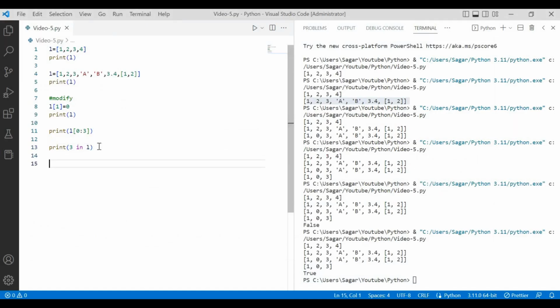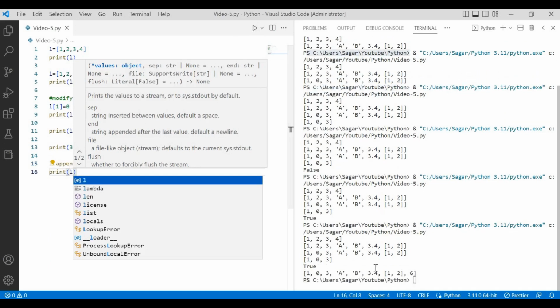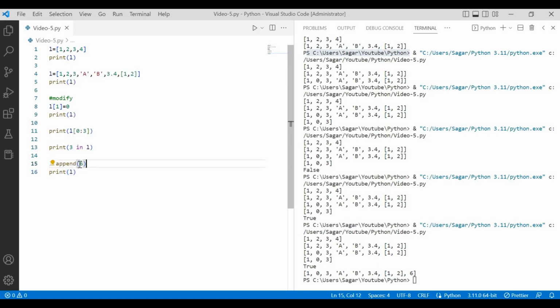Cool. Then we have adding items to a list, right? So we can add like this, L.append, and here I can write 6. Now let me print it also. You can see here that 6 is getting appended at the last, right? But what I need to do is append at, let's say, the second index, so I should use the index function. Let's say I want to add 4, so I will use 4 at index 2. And if I do print L, then you will see,